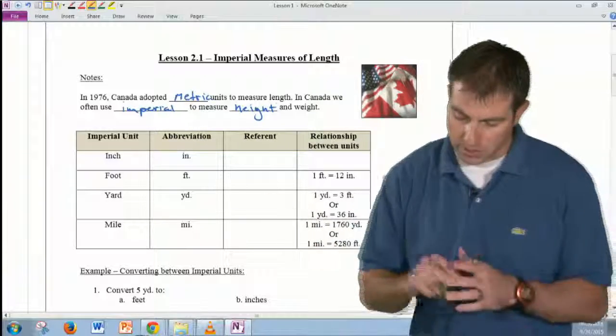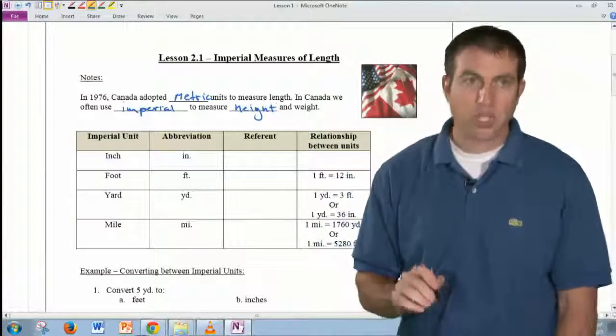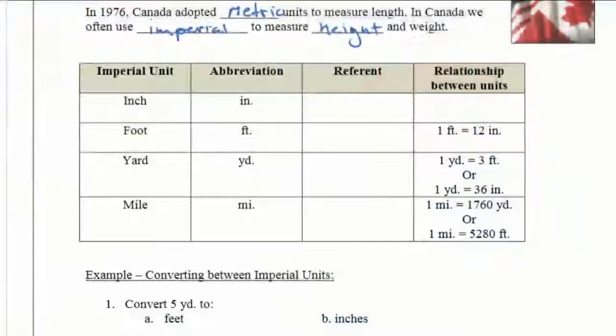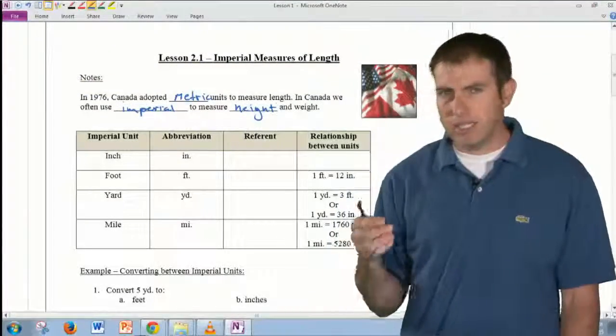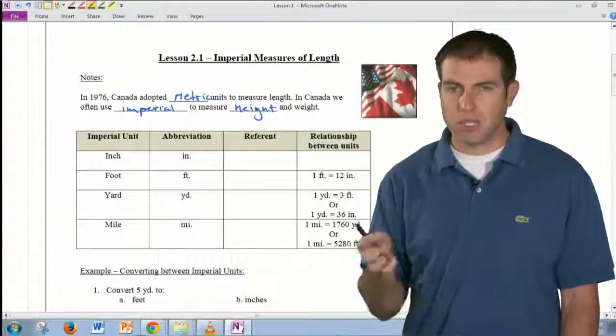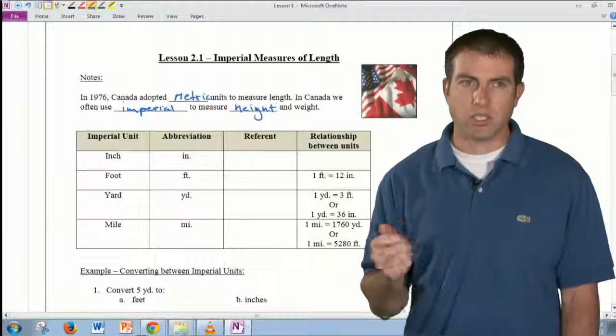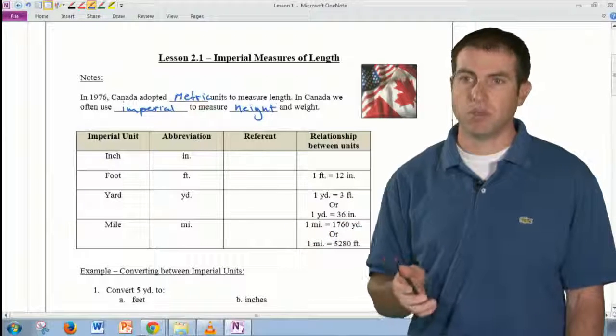It's kind of strange. But anyways, you can see here when we're talking about inches, feet, yards, and miles, we need to come up with some sort of referent. A referent is something in everyday life that is an inch long, or something in everyday life that's about a foot long, or something in everyday life that's about a yard long. It's not exact, but if somebody says, that's 3 feet long, you have a bit of an idea of what that looks like. Now we're pretty familiar with feet, and inches maybe not so much, and yards and miles probably not, because we deal with meters and